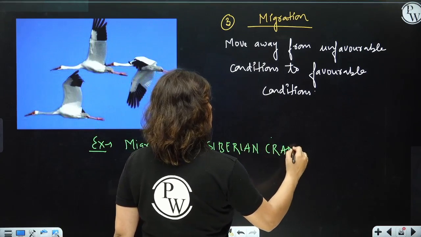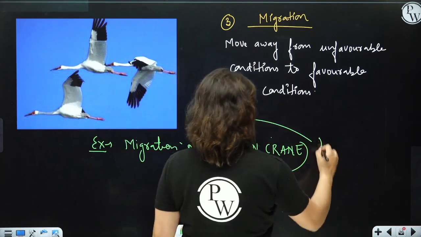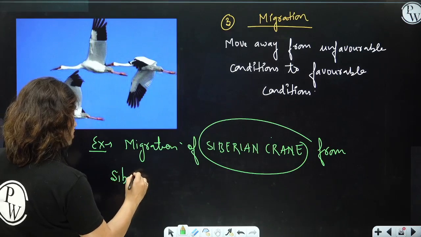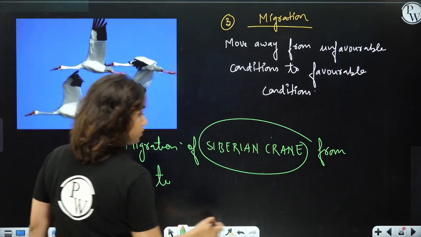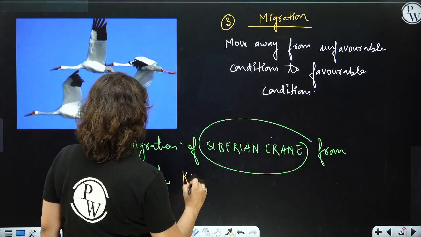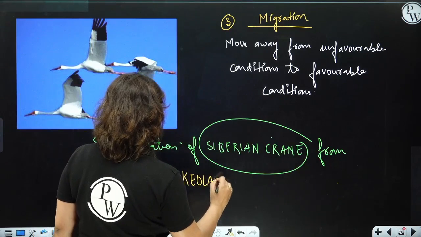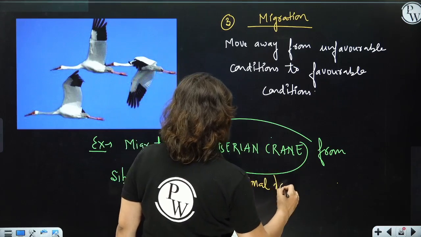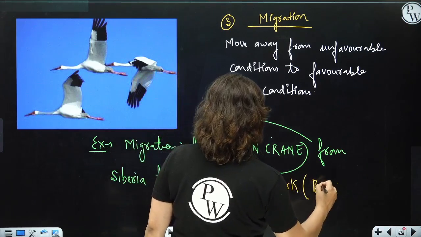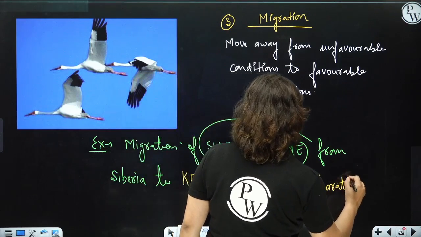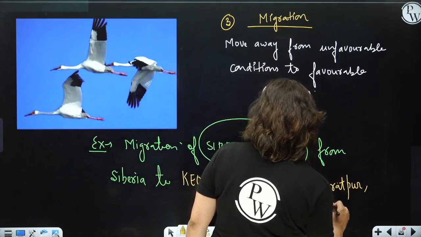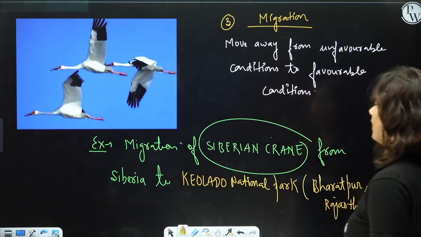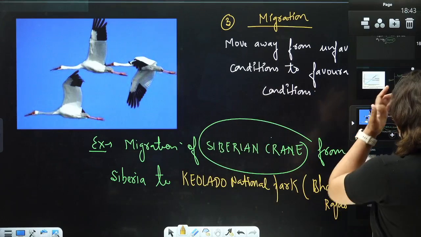Migration of Siberian crane from Siberia to Keoladeo National Park, this is given in NCERT. And where is it situated? This is situated in Bharatpur, Rajasthan. So this question often comes. This is situated in Bharatpur, Rajasthan. Okay. So this is one of the ways of